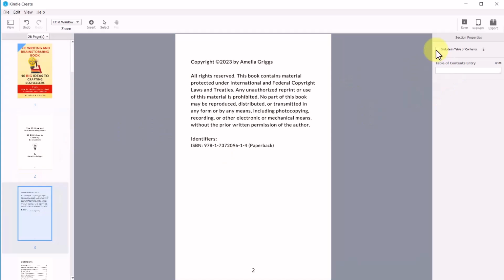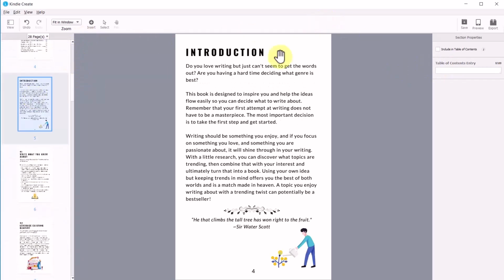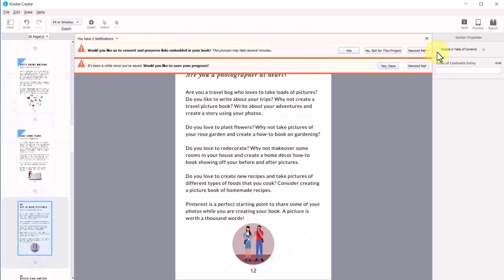Moving down, I could, if I wanted to, include the copyright page. I'll also include my introduction. And what you could do to save time is you can have these words typed in a separate document like in Notepad, and then you can just copy and paste so you won't have to type each title for the table of contents here. So I'm continuing along building my table of contents,